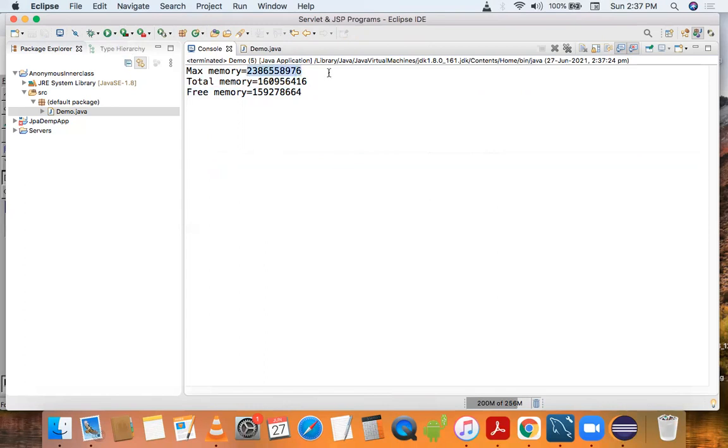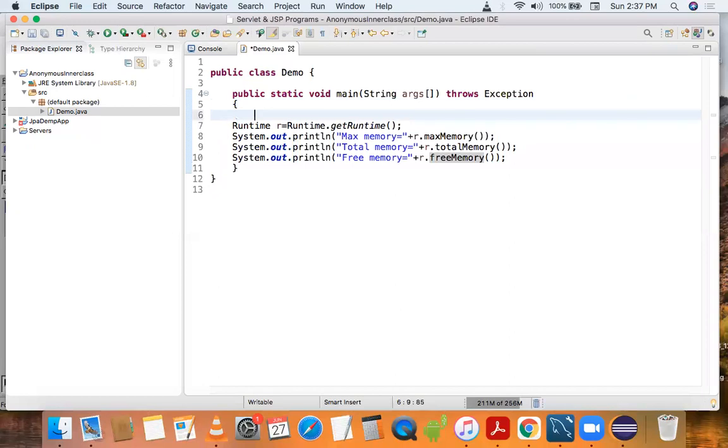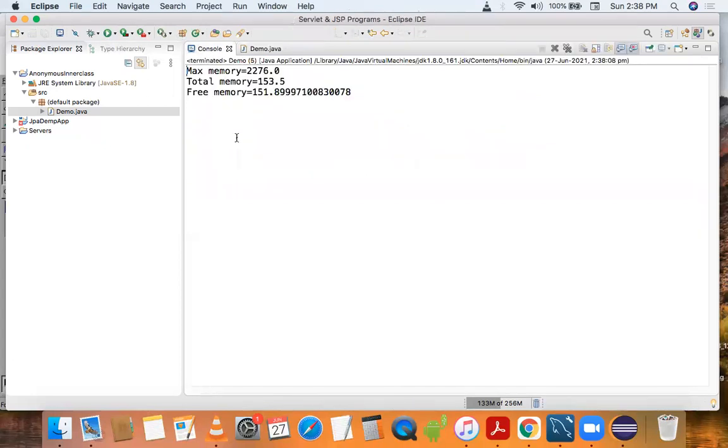So here we are getting in KB. So we can also convert it in MB. So let's convert it. MB equals to 1024 into 1024. Let's divide it by MB. Let's run it.